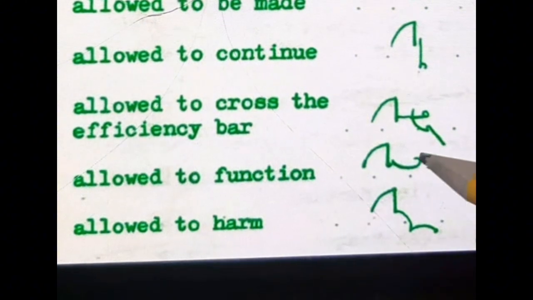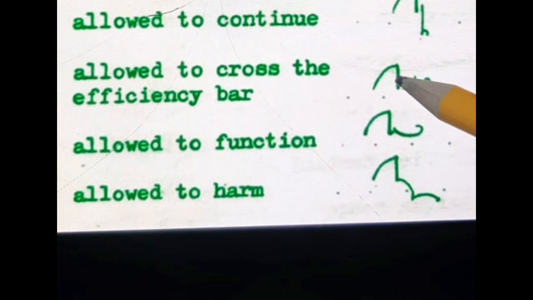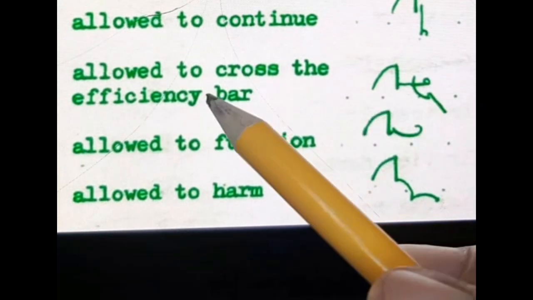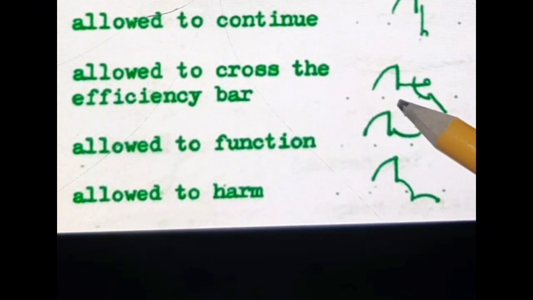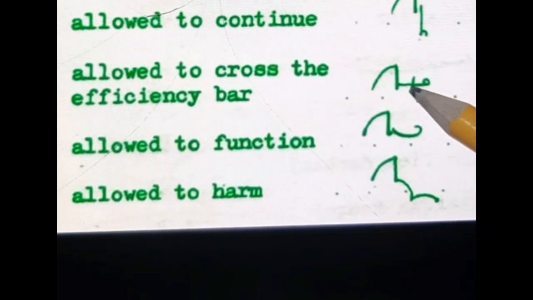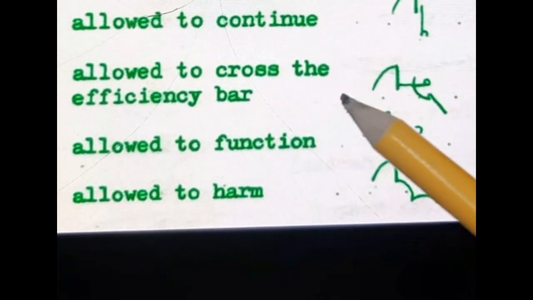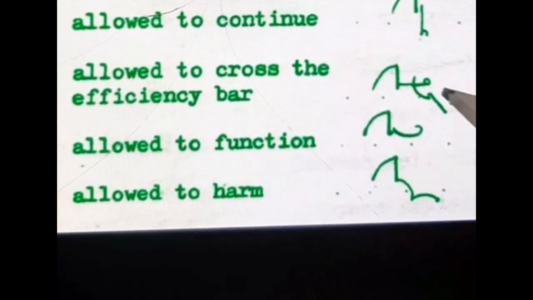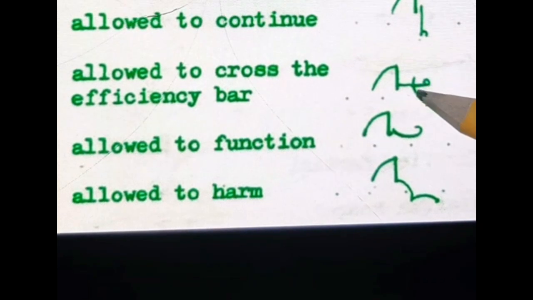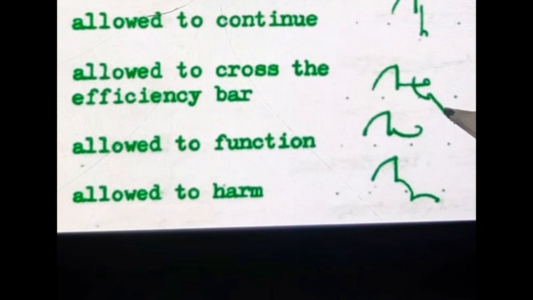Allowed to the efficiency bar. This is L stroke. This is T stroke which shows allowed. 2 is omitted. Cross. This is a K stroke. This is R hook. This is a circle which shows a cross. D is omitted. Efficiency. This is a F stroke which shows efficiency. Bar. This is a B stroke. This is R hook